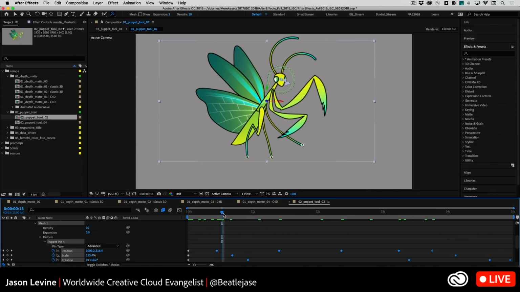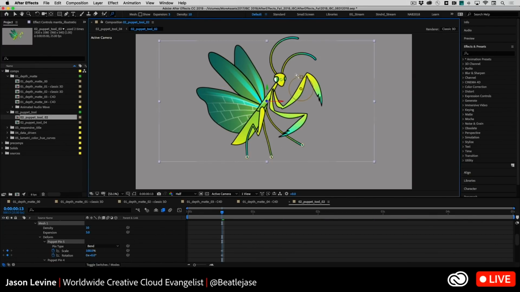So now that we've created our little animation with the advanced pins, let's go ahead and grab the bend pin tool. And we're going to place that on his arm, in the middle of his arm here. Again, this one's going to give us some position and scale options. So once again, if we want to scale this up, I heard my colleague Victoria say this, we can go big arm, tiny arm, big arm, tiny arm. So maybe we'll have him start with sort of tiny arm,